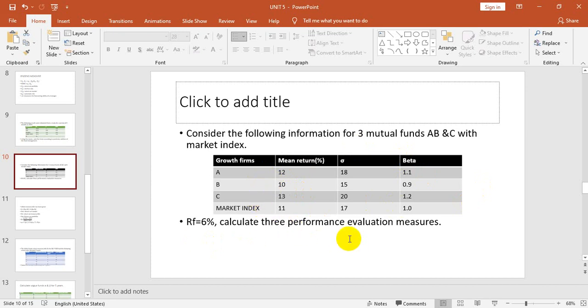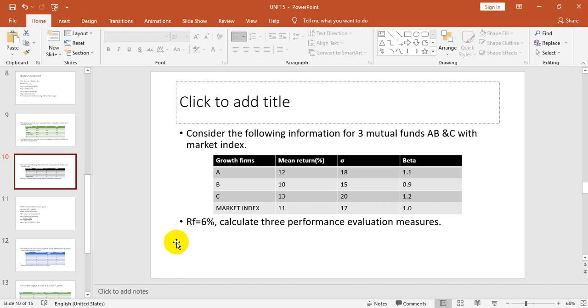Now he's saying all the three performance evaluation measures. So for Jensen, what you need to do is you have beta, you have return on market also, RM also. So take this one, not these two. You have RF, you have RM, you have RP, you have beta. So using this, calculate the alpha and divide it by beta and rate it accordingly. So I want all of you to do this problem and send me.